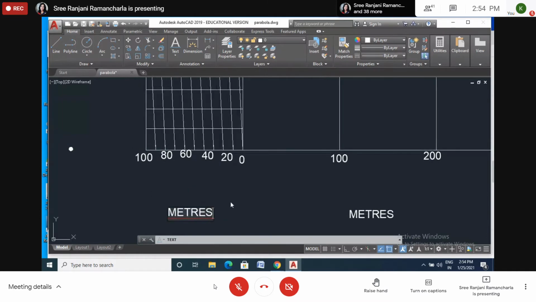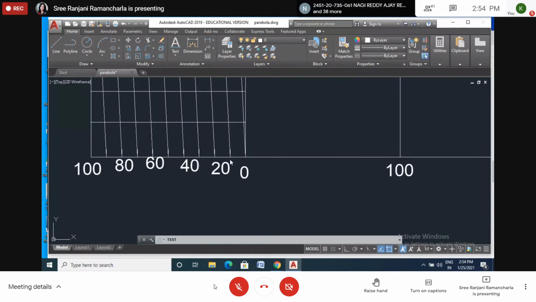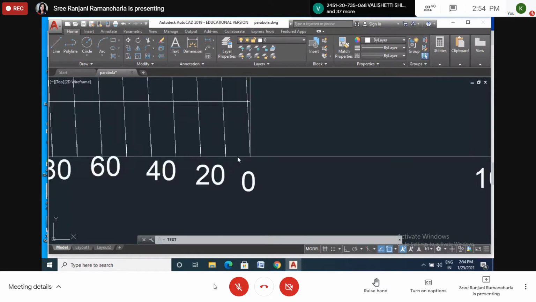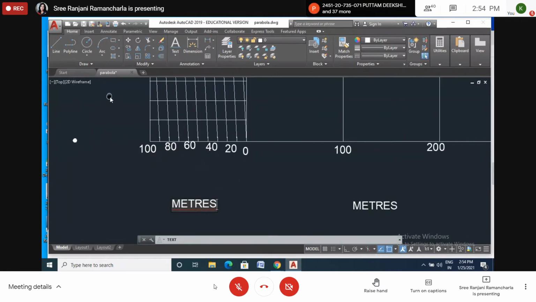Meters. Now look at this division. From here to here is 10 centimeters, 10 meters. Here to here is 10 meters. So here 1 division is there, out of 10. So 1/10 is what? Again 1, 2, 3, ma'am. 8 units. Same meters, ma'am. Same meters. Good. So here I will write in meters.